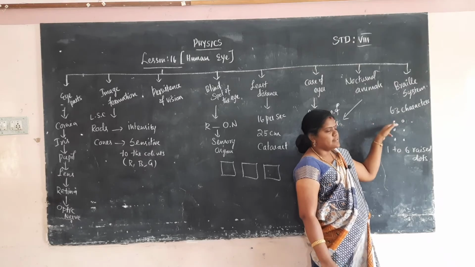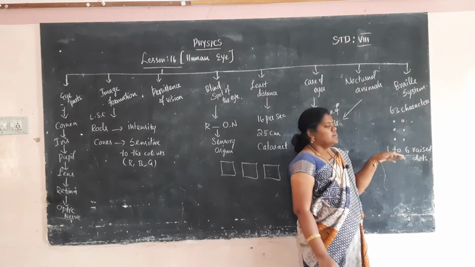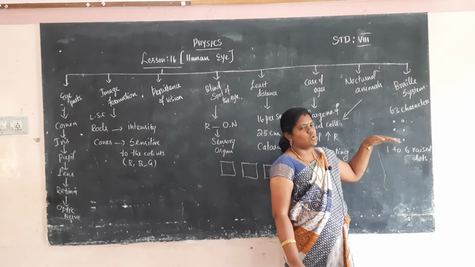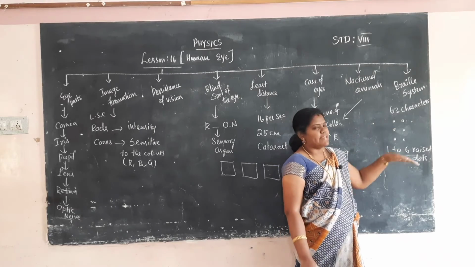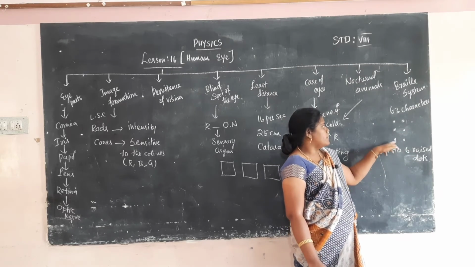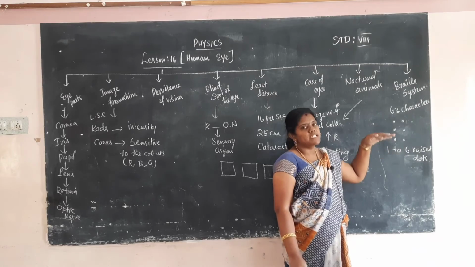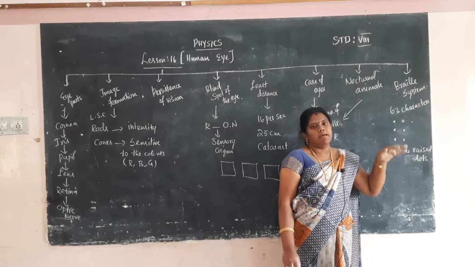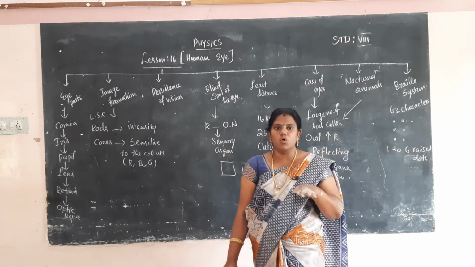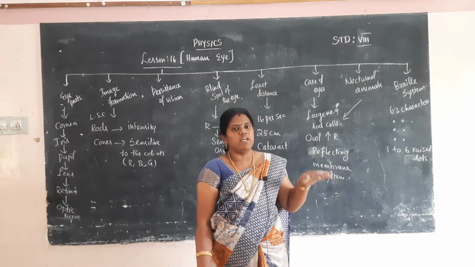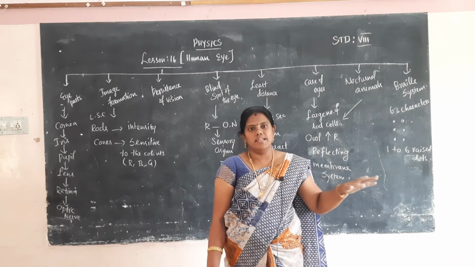Six dots are there. It will be the first two dots, the next two dots, and the next two dots, numbered one to six. The dots will be embossed on the paper. The blind man or blind woman will rub the dots, and they easily identify what the letter is and what the number is.